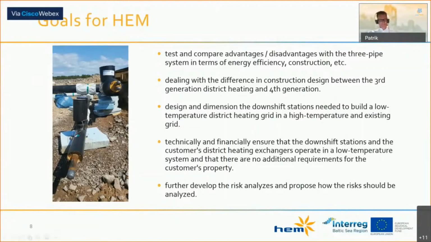Our work, as Rolf has talked about, is important. It's important to do the tests and the real construction. It's not a drawing; it's real pipe in real life, and it's very, very nice to see that we are building what we have been planning for a long time and having a great project for. As Rolf has talked about, the advantage with the three-pipe system, the test of it and the building of it,